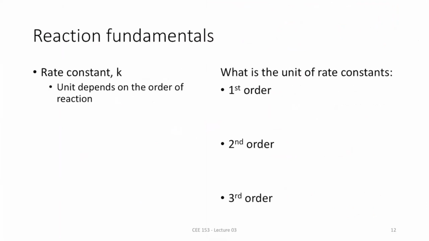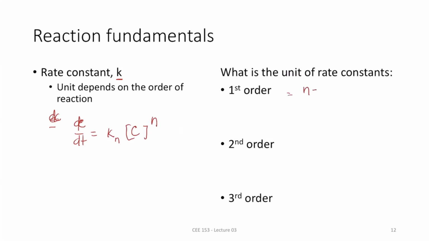So let's write the unit of rate constant based on the order of reactions. So I'm going to write first order. As I said, I'm asking K. So that's dC by dt is K. I'm going to write N as a subscript as a way to say this is zero or first or second or third, and C to the power N. That's the generic form of the equation. Rate of reaction is this. For the first order,